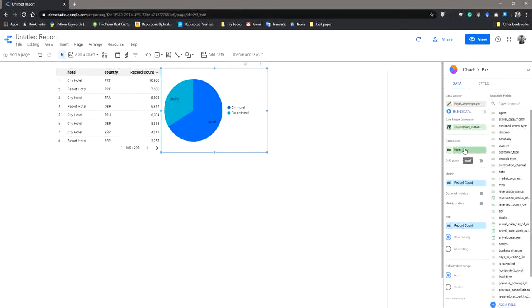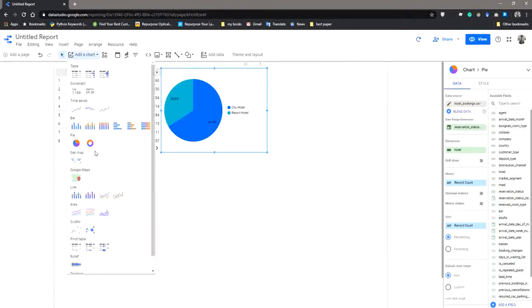We can use some different metrics to visualize our data. We will be using a different chart, like a bar chart. Suppose we have used this.